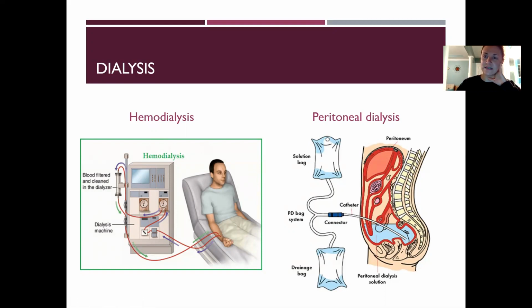The benefit of peritoneal dialysis is this can be done at home, and the patient usually has a lot more mobility during this period of time that they're getting their dialysis. So for mobility's sake, this is the preferred method for patients, although hemodialysis would definitely be the most common. And this is basically where a solution bag is hung and the peritoneum is used as the dialysate versus this machine. And fluid is filtered in and then it drains back out into a different bag.